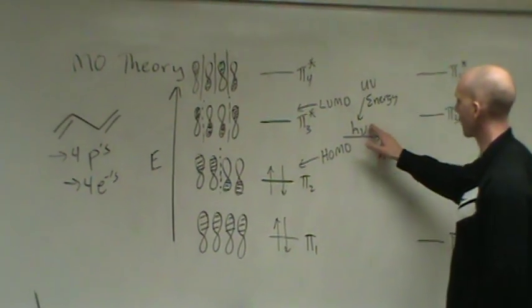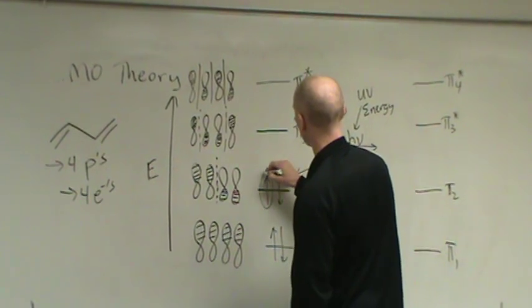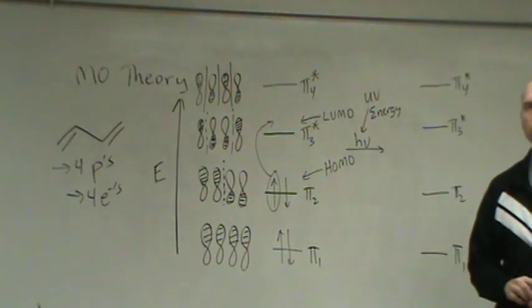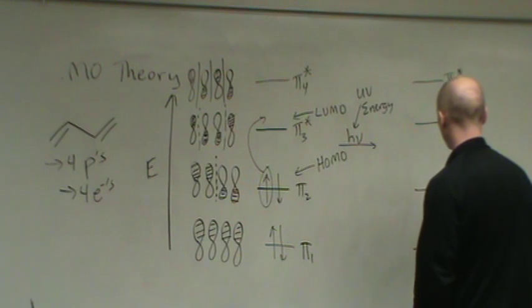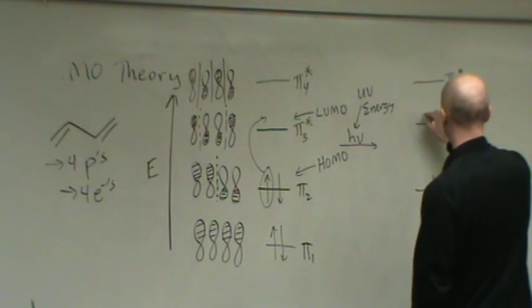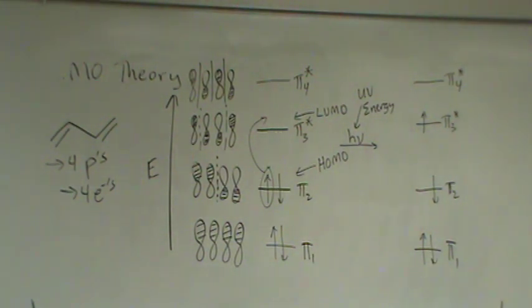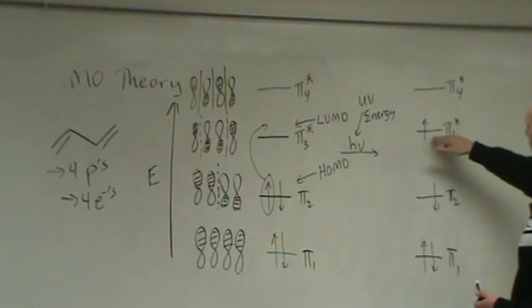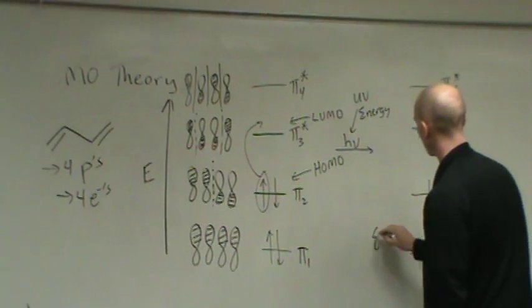When we add energy, it causes one of the HOMO electrons to go up to the LUMO level. So we get a promotion. So that electron goes up there. And here, when we apply energy to get that to a higher state, this set of orbitals,